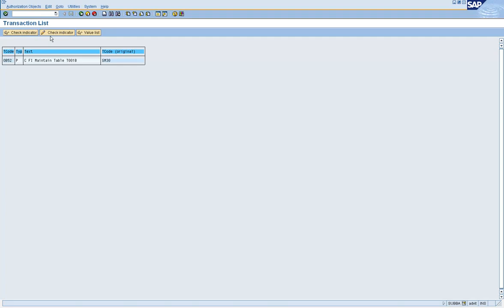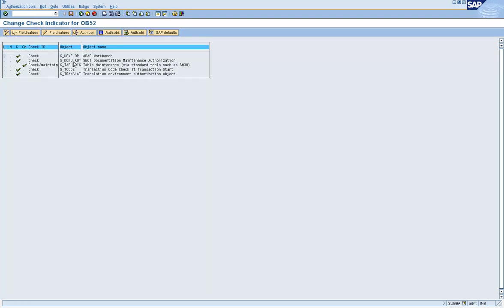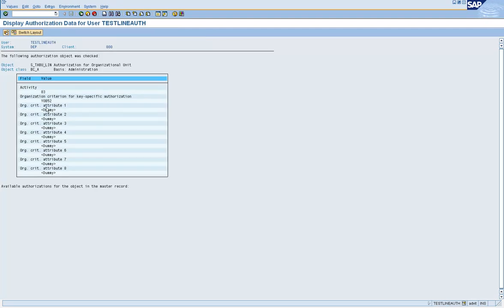click on change indicators, and S_TABU_LIN is not in the list, but OB52 needs that object with these values.